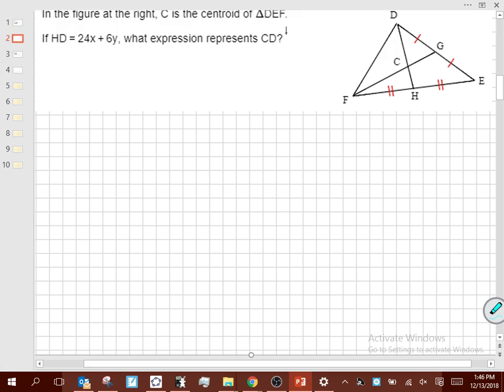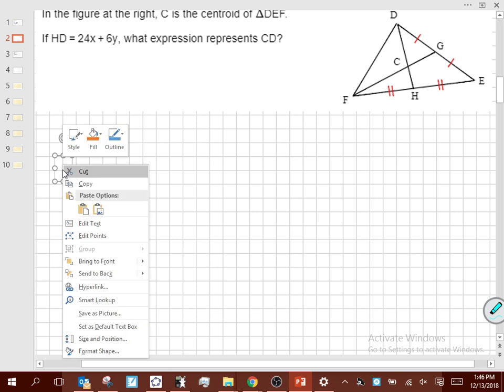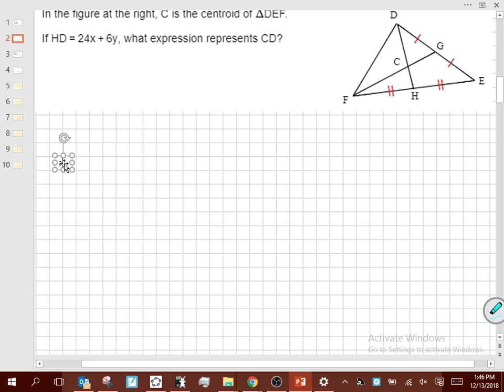But let's think of this, and this is something you guys have to understand so that you can be successful in every other math course that you ever take. Let me increase the font here real quick. All right, if I write out the theorem that was being discussed in the centroid, basically the centroid theorem says that the distance